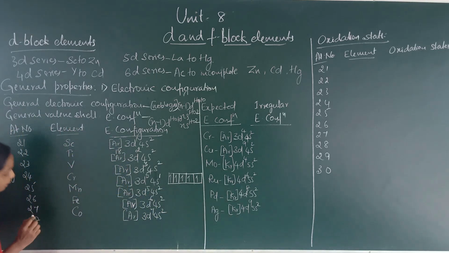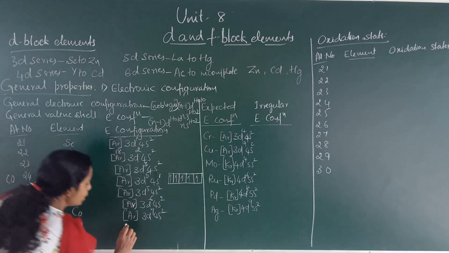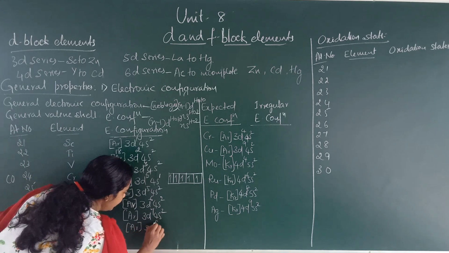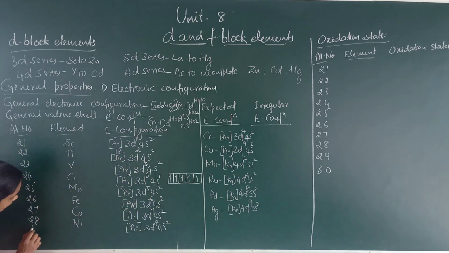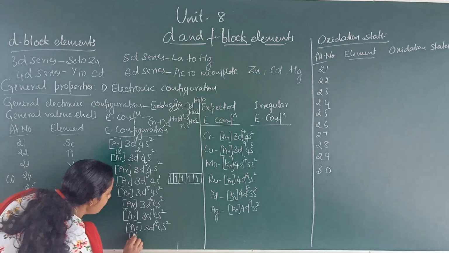Element with atomic number 28 is nickel. The electronic configuration of nickel is argon 3d8 4s2. Next element with atomic number 29, copper. The electronic configuration of copper is